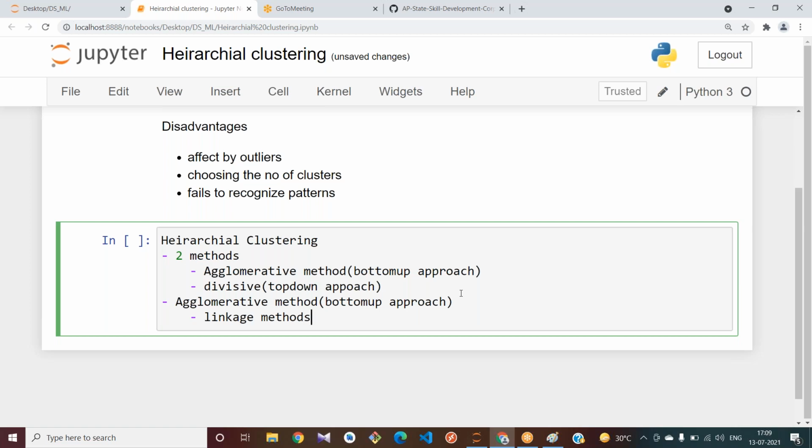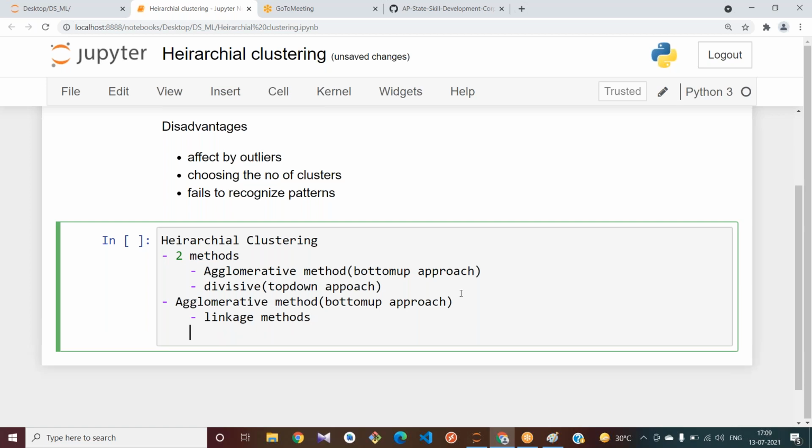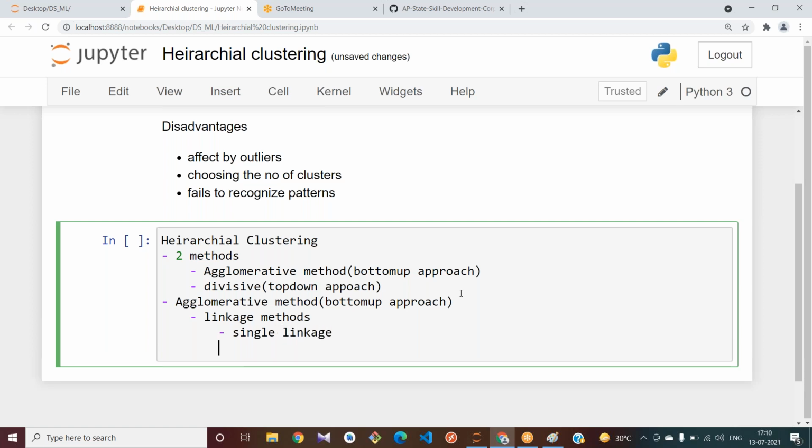What are the linkage methods? Single linkage, and there is also another linkage called complete linkage.